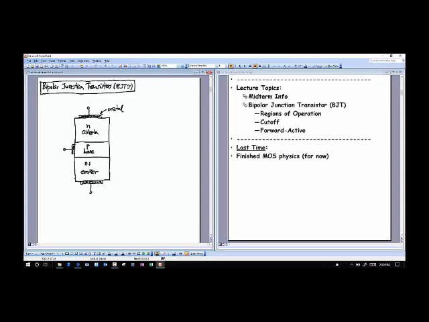So this terminal up here is the collector terminal, which I'll label C. The terminal below is the emitter terminal, which I'll label E. And finally, my base terminal I'll label B. And so what you'll do is you'll put voltages across this. So the voltage that I'll put across here is maybe a VBC. And then down here, I may apply a VBE.